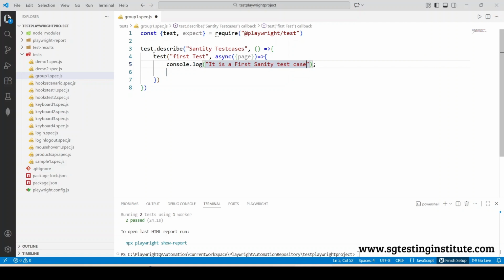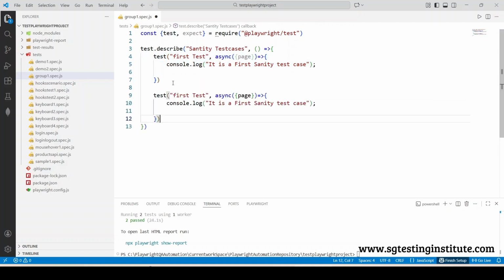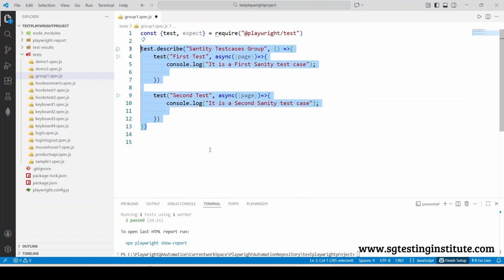Similarly, we can copy paste this one. Second test: it is a second sanity test case. Yes, currently it is one group. So this particular group name is sanity test case group. We can write it. In a similar way, we can write one more group called